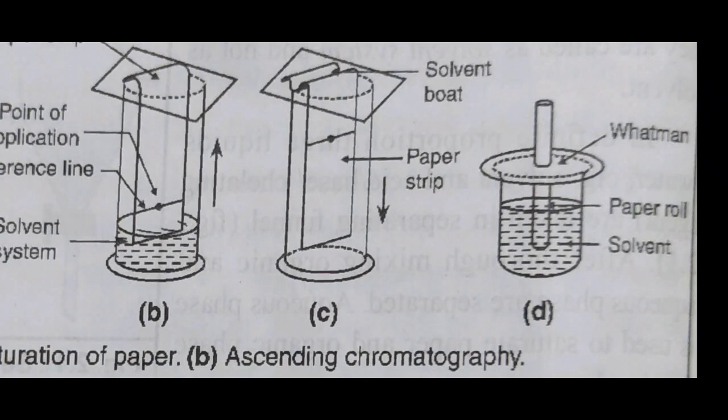As the mobile phase moves over the stationary phase, partition of solutes takes place and separates them into discrete bands, as discussed earlier. To get good separation, avoid drying of the paper and extraction of the solutes into the solvent, so keep the reference line away from the solvent phase. The next is the location of spots. This is the fourth step, location of the spots.